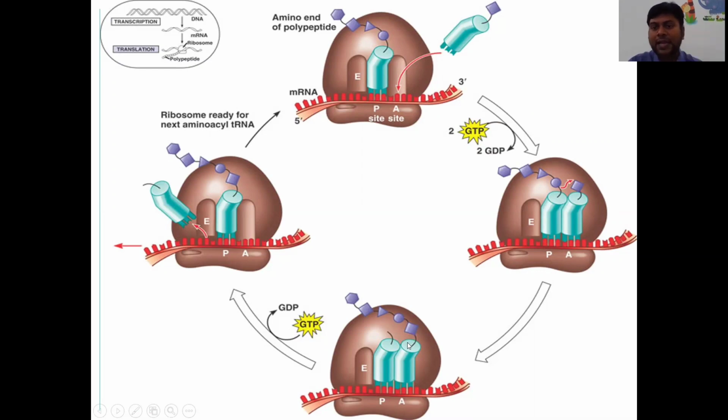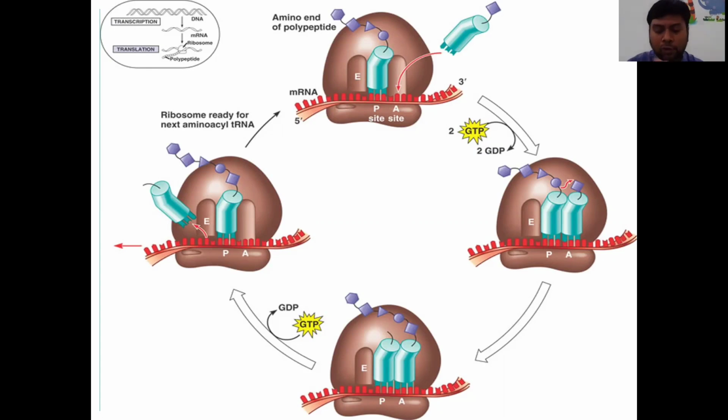resulting in peptide bond formation. Once the peptide bond is formed, the ribosome will be moved by a distance of 3 nucleotides, so that the E site will occupy the empty tRNA, the P site will occupy the tRNA with the peptide bond, and the A site will occupy the new codon. Now one amino acid has been added. Again the cycle continues, and for every cycle one amino acid will be added and the polypeptide chain will be elongated. This is how the elongation phase proceeds.